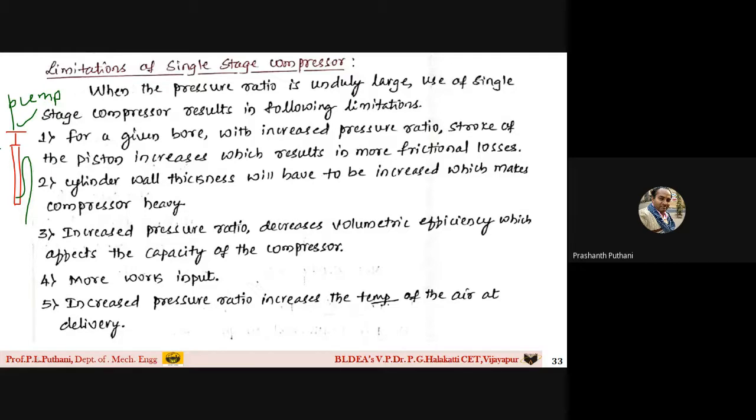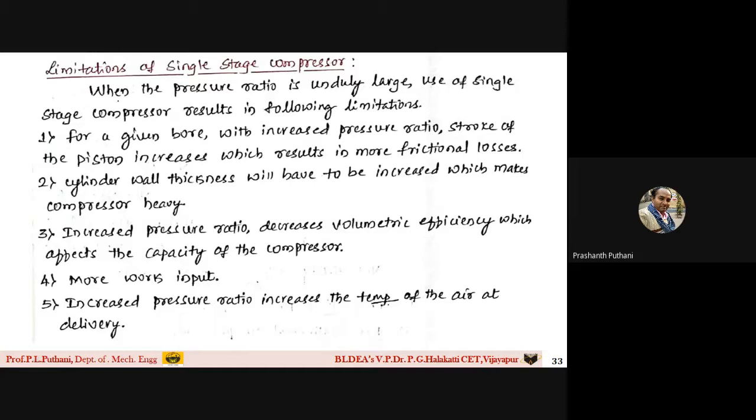So the air that is compressed to higher pressure can be used for filling the air in the tires and tubes. But again, from the industry point of view, the compressors used for filling the air of buses and trucks tires are not suitable. The size still increases. When the size goes on increasing, you cannot use the same pressure ratio directly. It causes some disadvantages. What are they? The first thing is,